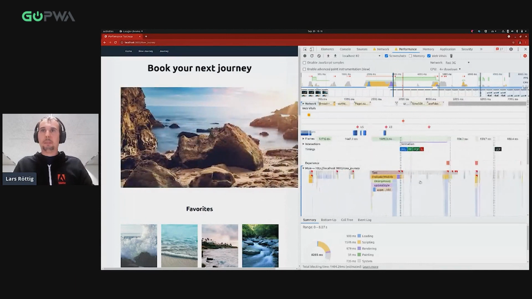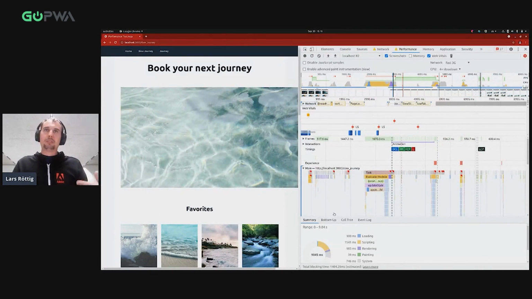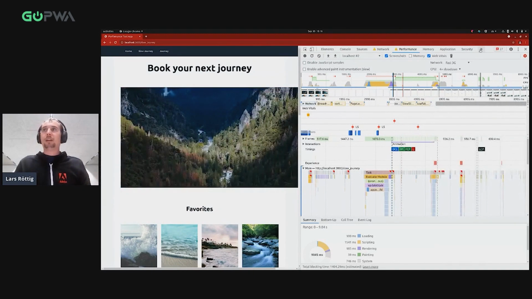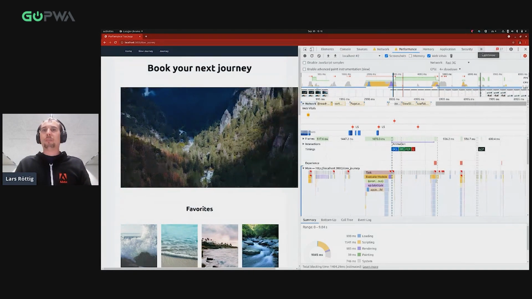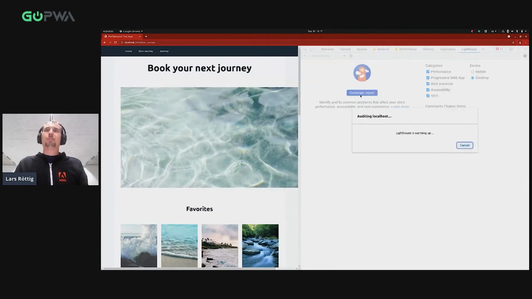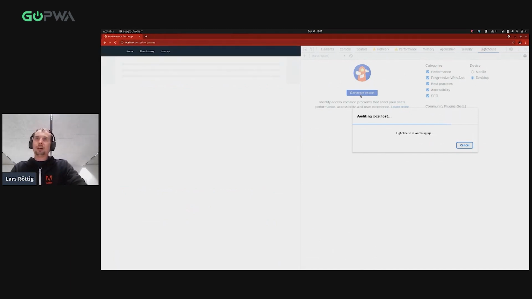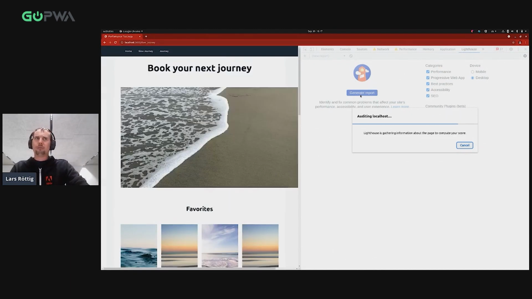we have some layout shifts happening. We have some buttons that jump up. And if I now run the Lighthouse tool that I mentioned in the first slide, you will also see some things like, hey, what's going on here really? What are the recommendations?